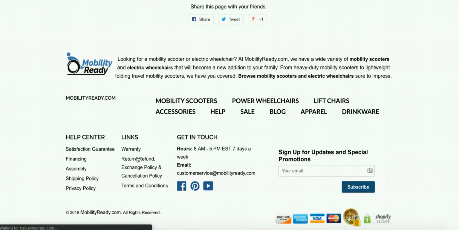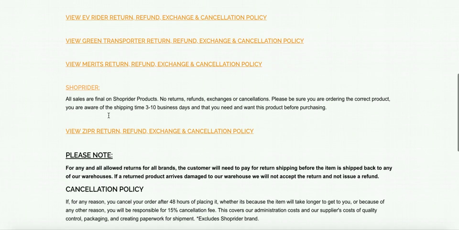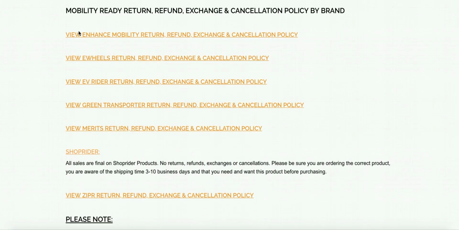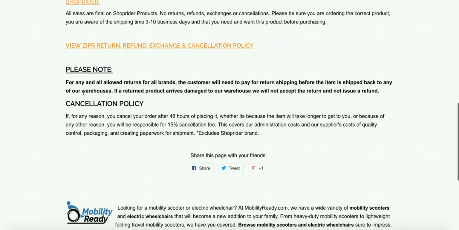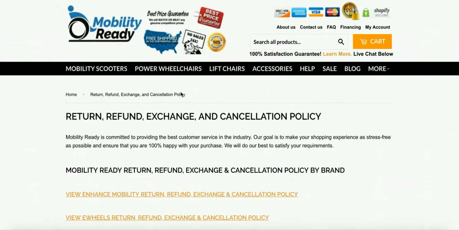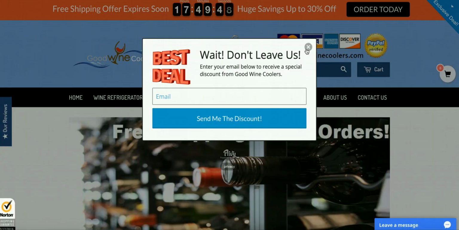And if they don't have any kind of an address on there, even like a fulfillment warehouse, that's perfect. Because online only means that they're using the supplier's policies, their return policy, and their warehouse to not only ship and fulfill the orders, but also handle returns, refunds, and exchanges. So that's really great. So this is obviously an online only site still. I've got a Good Wine Coolers, which is another example using in this video.